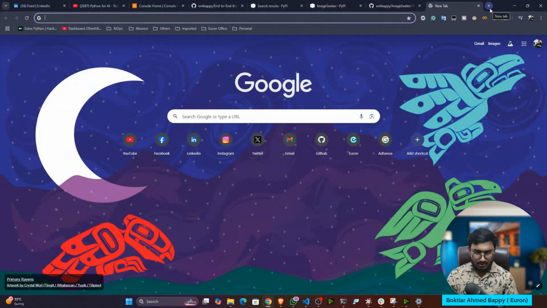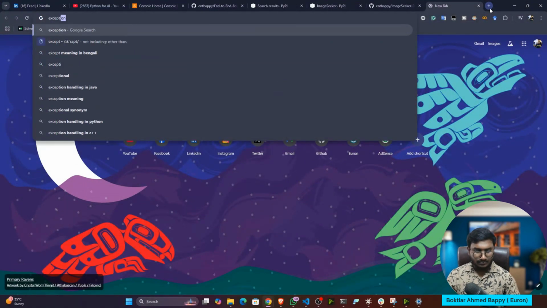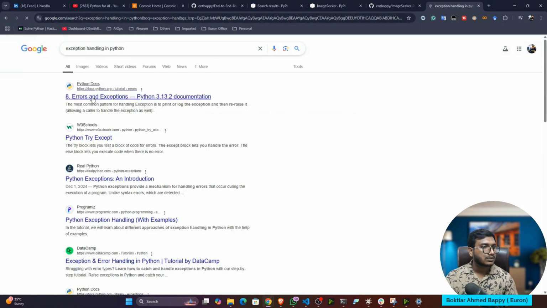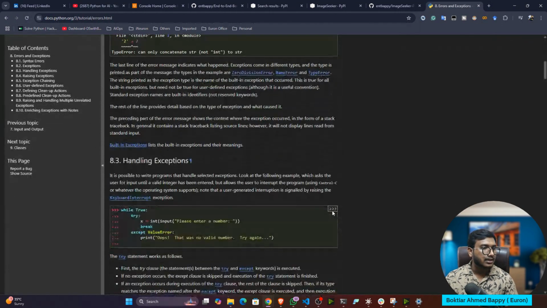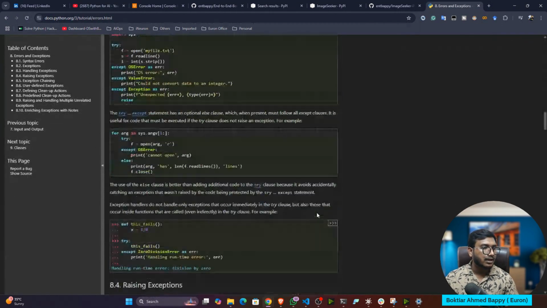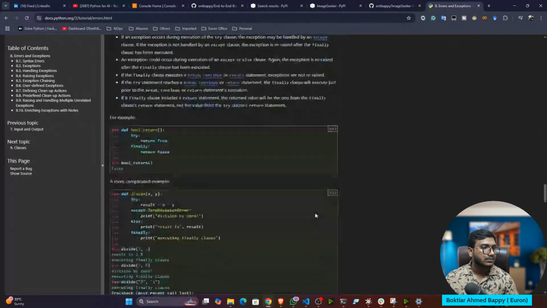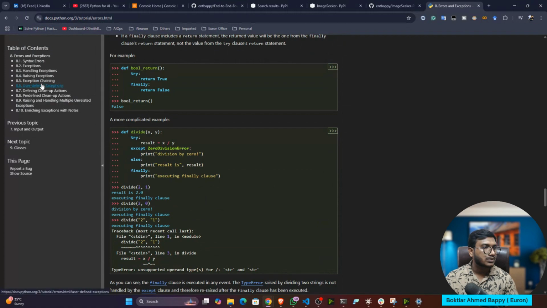You can see how to write a custom exception. Go to exception handling in Python. If you go to the error exception section, they have already given how to write the custom exception.